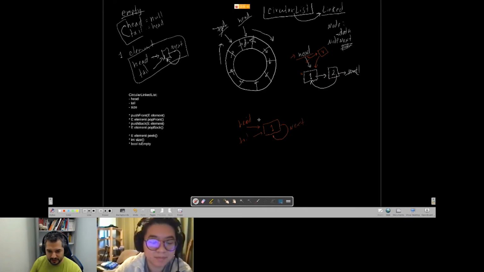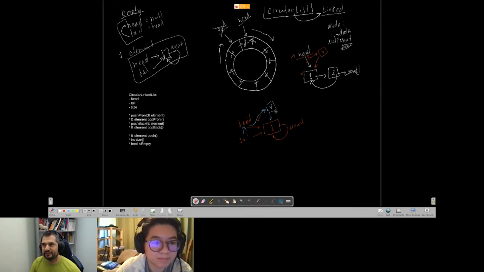Now I want to insert a new one in here, and I'm going to change color. So now this new element right here will come in, get a hold of this one here, and then head is going to point to itself. So this special case is because both tail and head are pointing to the same one, but it happens to be the same if tail is pointing to head as well, right? So I can just rewire to wherever tail was pointing to,